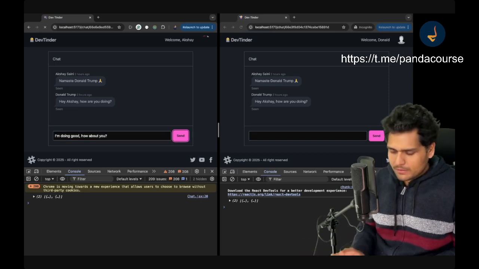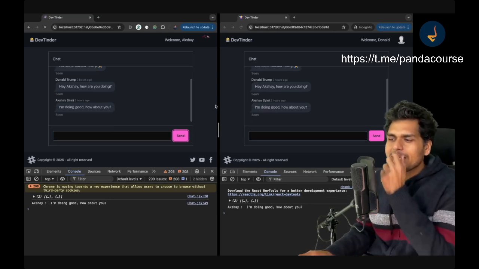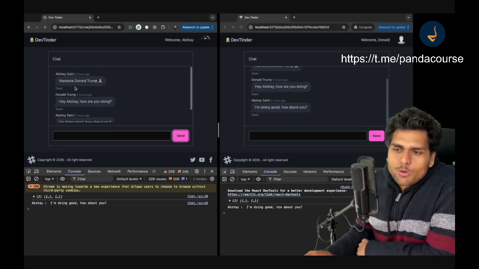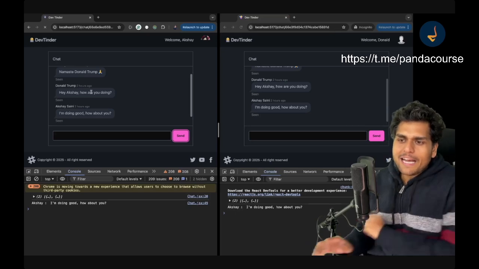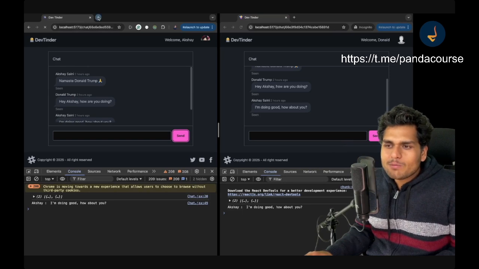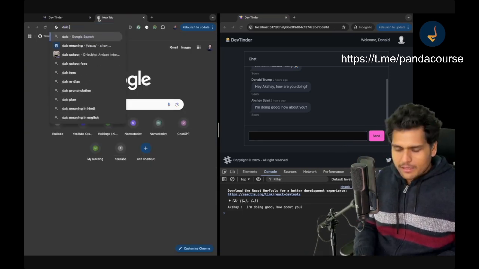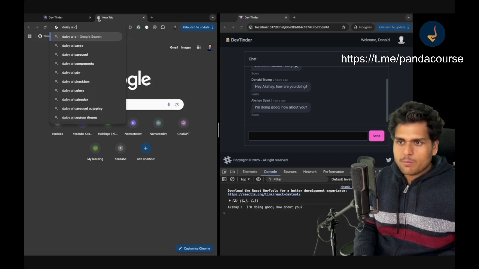I can send this message and it goes to Donald Trump also, right? The Akshay Saini has sent the message. I can also show in a different chat view, right? I can show it left and right also, just like you see in the chat window. Does Daisy UI give that? Daisy UI chat component,